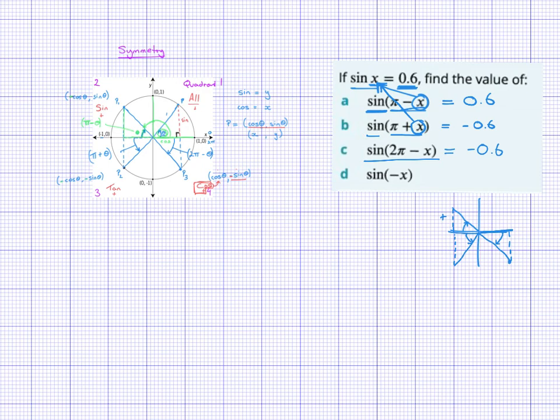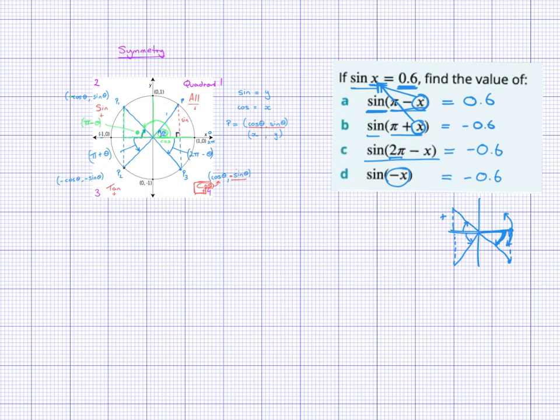And then the last one is minus x. This is written a little bit differently. We start from 0, and instead of going that way, we now go this way. So it's actually the same as the angle I just drew, except I've started from 0 and not 2 pi. Because I have to go backwards, the angle is still in quadrant 4,